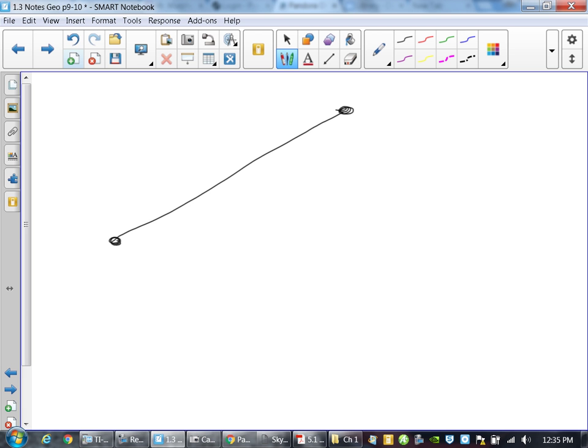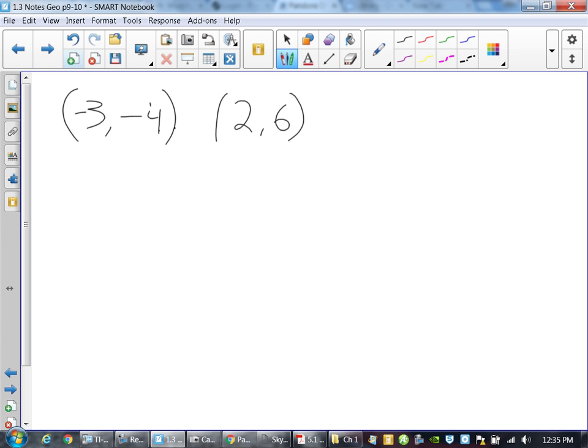So here's what's going to happen. The way that I like to show these things is I like to start with ordered pairs. For example, -3 and -4, and let's say 2 and 6. And when I do this,